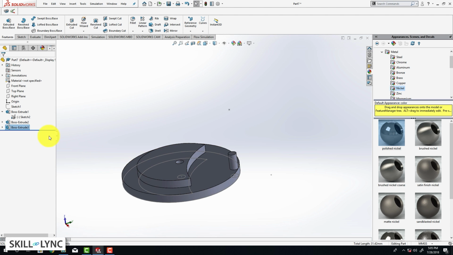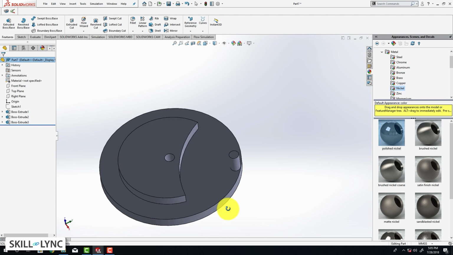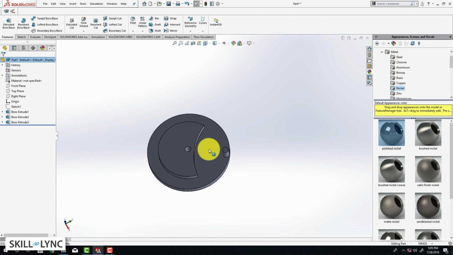Alright, so that completes the sketch and also the modeling. So we are going to hide sketch number 2 by right clicking and hiding it, and with that the 3D model of our driver component is complete. In the next video we are going to be looking at how to model the driven component, but before that